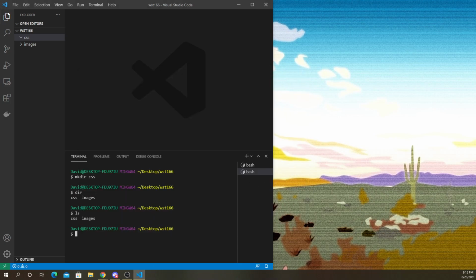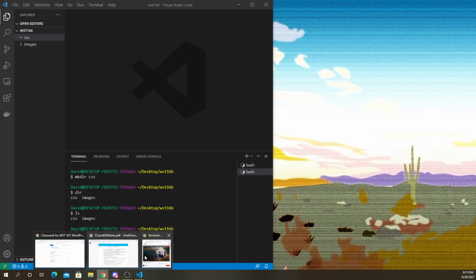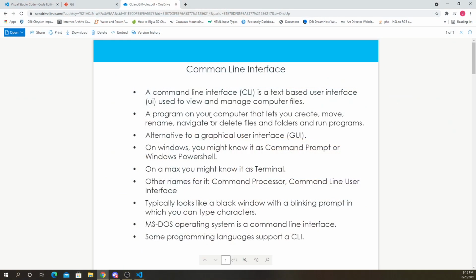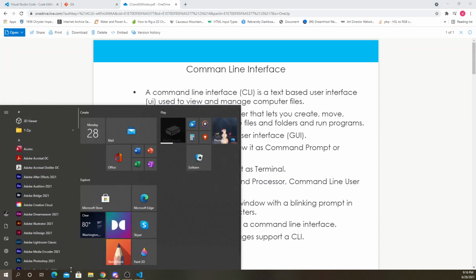Let's go back to the notes. A command line interface is a text-based user interface. Again, it's a user interface, just like a graphical user interface, except graphical means you can click and see stuff and navigate folders.